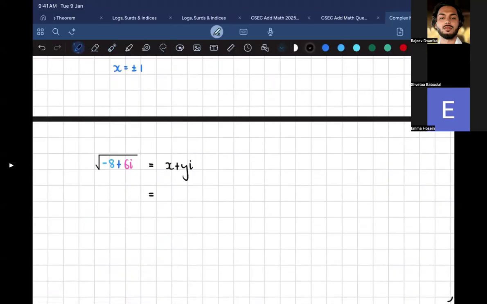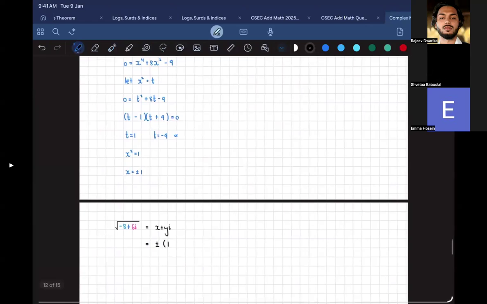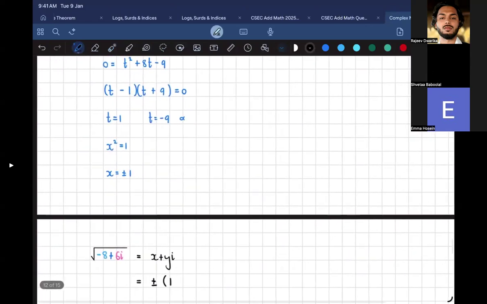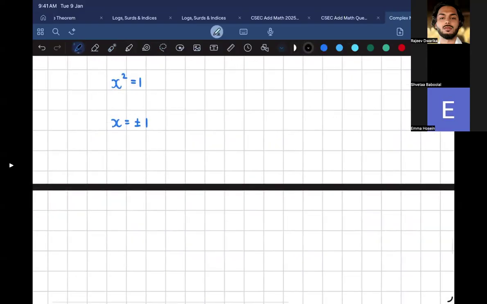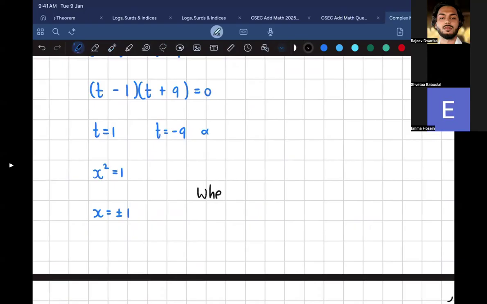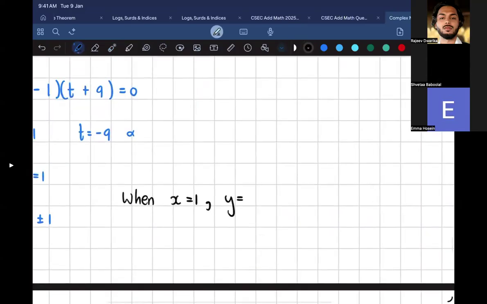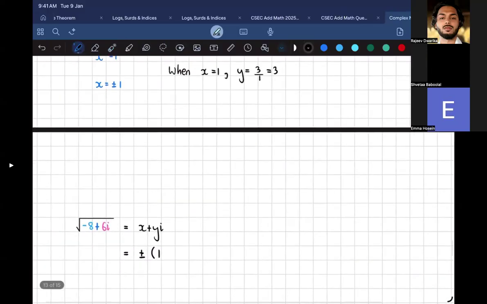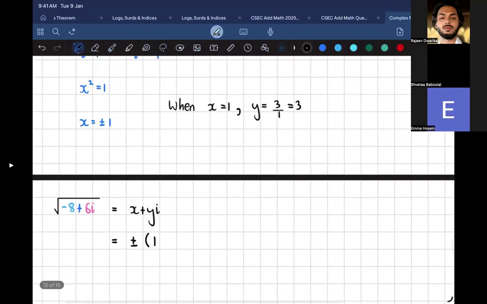So it's going to be equal to plus or minus 1. Let me show you what I mean. If I take x equal to 1 and plug it into y, what am I going to get? y is 3 over x, so y would be equal to 3 over 1, which is 3. So in that case, the answer is going to be plus or minus 1